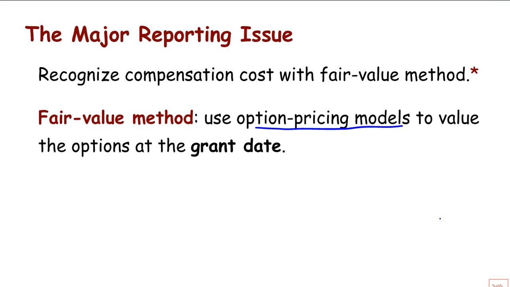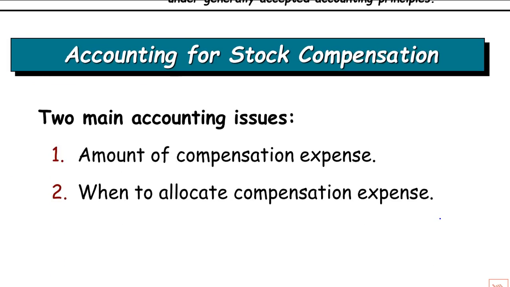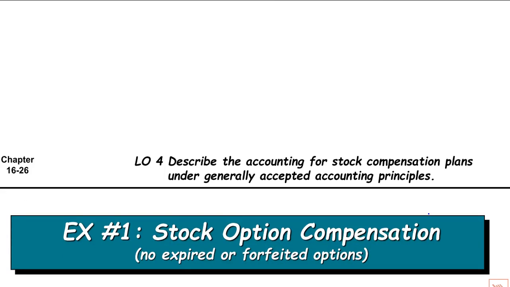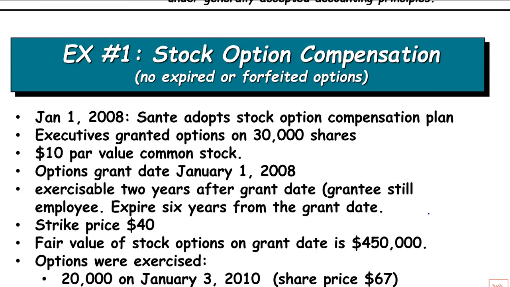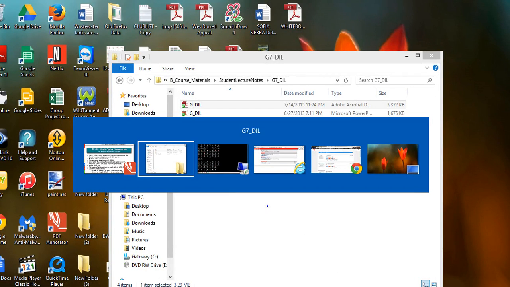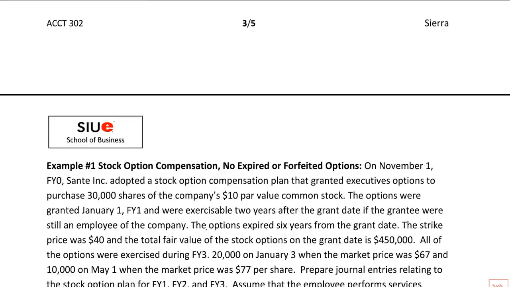Okay, but for our course, you're not even going to see an option pricing model. The value of the option grant will be given to you. All right, so the questions are how much is the expense going to be, and where are we going to put it? You could ask the same question to a lot of financial accounting, right? So let me see if I toggle over to the lecture note. Yeah, updated. All right, so